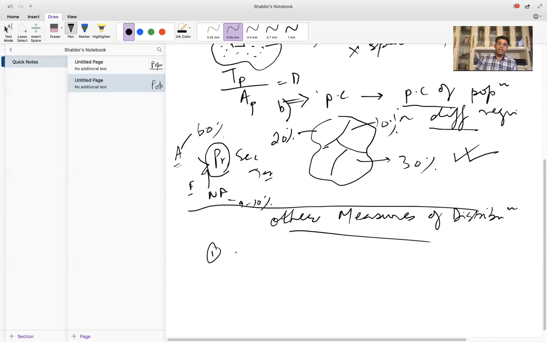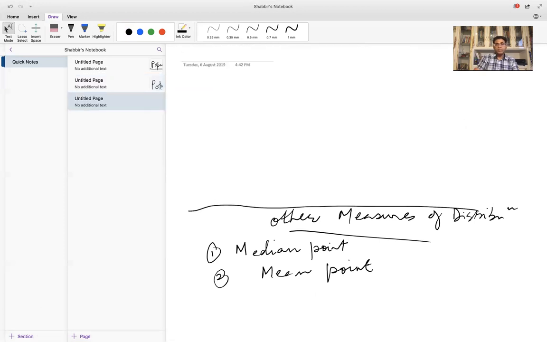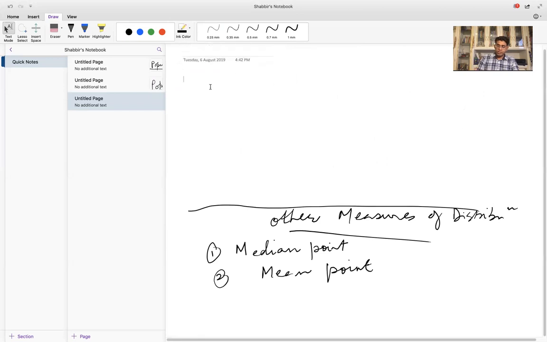One is what is called the measure of median population, or median point of population. And the second is the measure of the mean point of population. So quickly, what are these? So when I say median population,